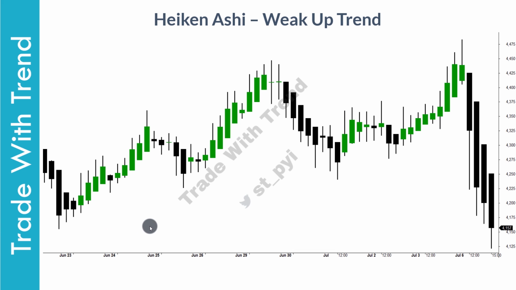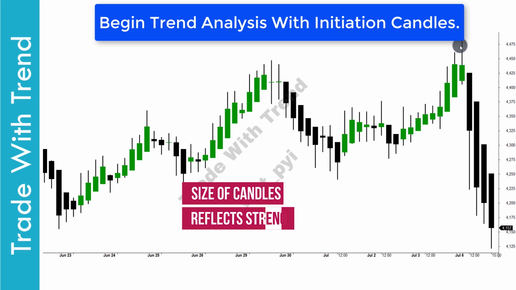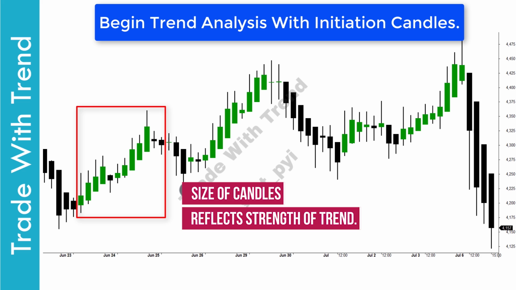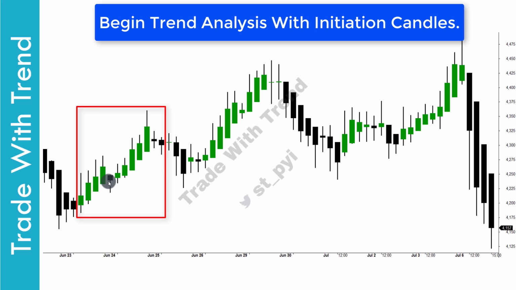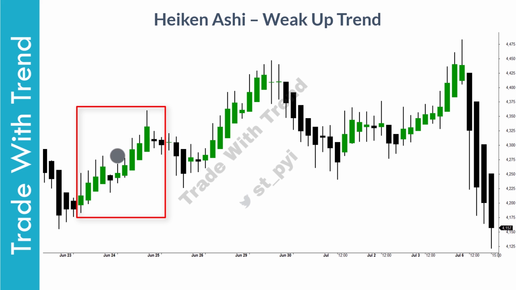In this chart in front of you, price has moved from 4150 to 4475. This is roughly a move of 8% on the upside. If you look at the trend structure though, it is still very weak. If you look at the beginning of up move, there is no initiation Icon SE candles that you can spot on the chart. Even if you look at this region, look at the range of candles here. All these candles look like trend continuation candles and do not look like trend initiation candles.